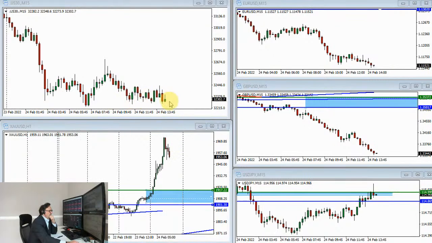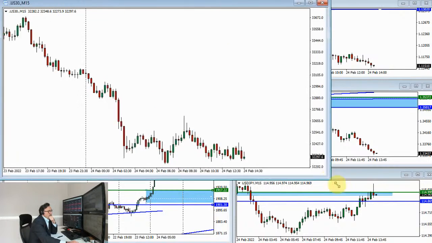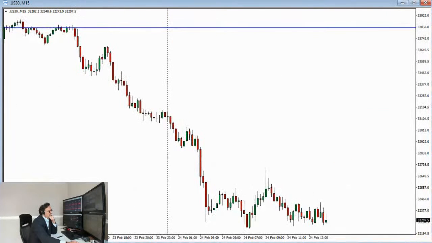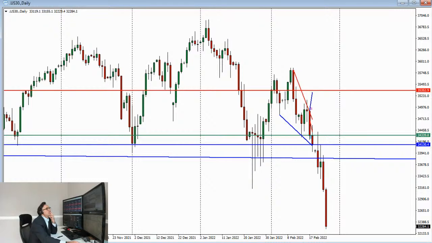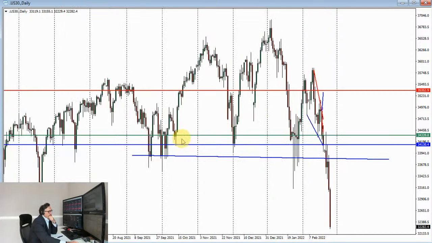Dow is basing. Look, it's a very similar situation to what we talked about before. This looks like a shoulder, head and shoulder, and if you look at this type of pattern,